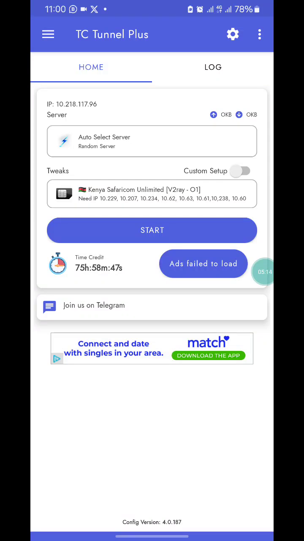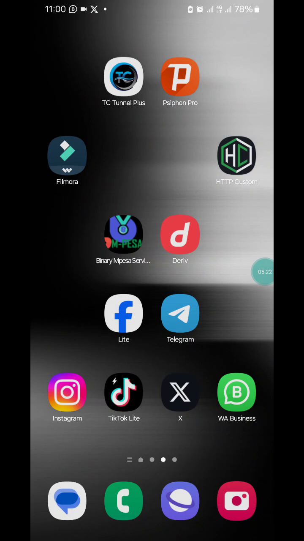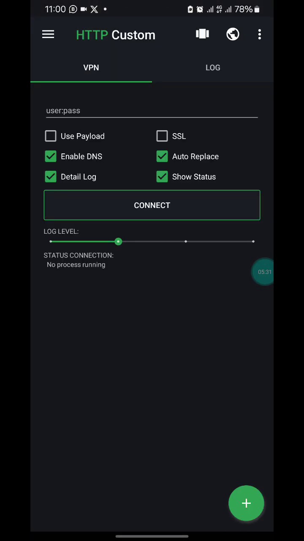So you can't browse anymore. You don't have that access to browse because you don't have a mobile network. Okay. So after using the bundles, the activation bundles, until they're over, you've got to go back to HTTP Custom once again